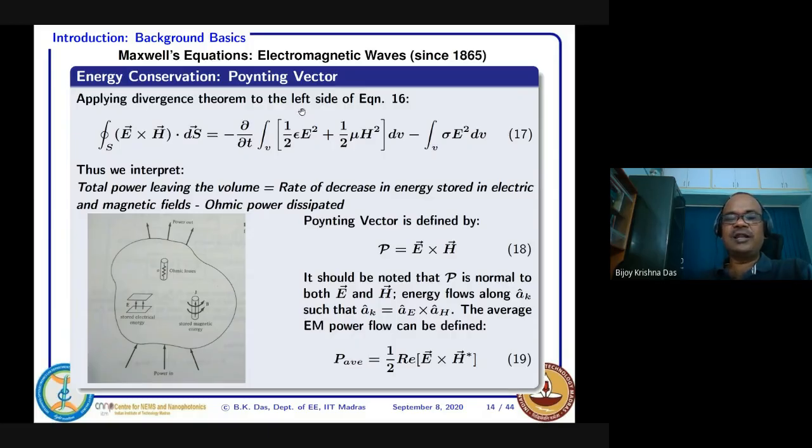right? So this right hand side says that rate of decrease, with the sign written as positive because we are already writing rate of decrease, and then this negative sign means it is a loss, completely lost. And then that is what is coming out as the total power leaving the volume. So if you solve the right hand side, whatever you get is the left hand side. That left hand side is the energy flowing out of the volume, right?